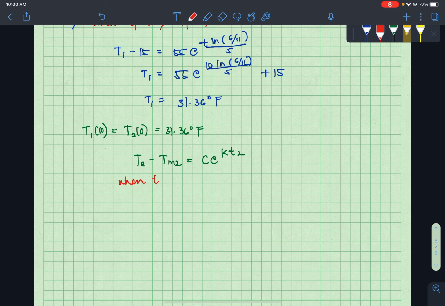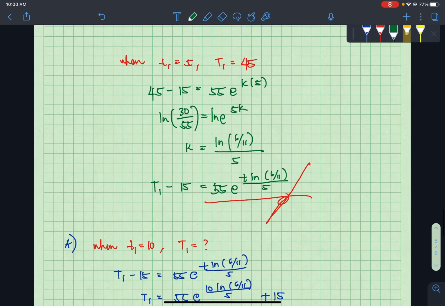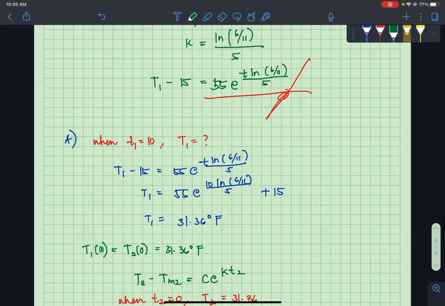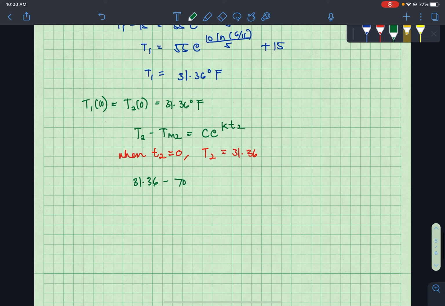So when t is 0, we get that T2 is 31.36. So 31.36, and Tm2, based on the given, is 70 degrees Fahrenheit. So 31.36 minus 70 equals C e raised to K times 0, giving us C to be equivalent to